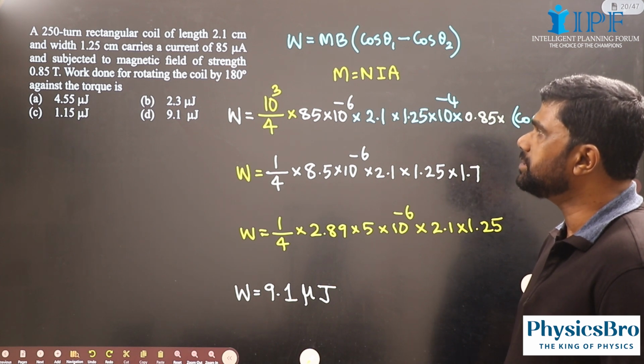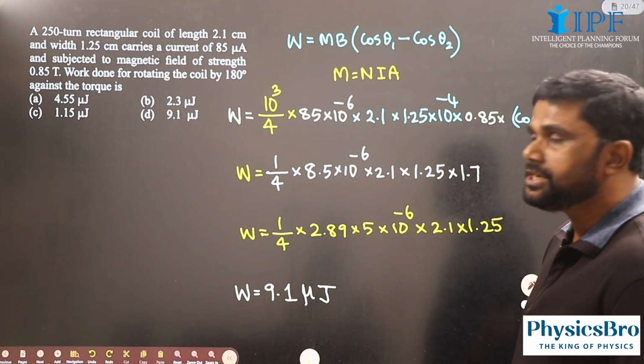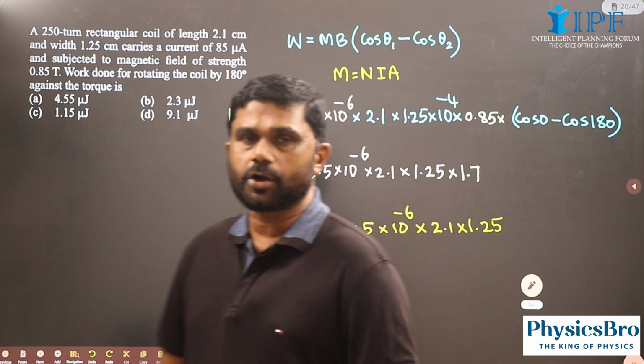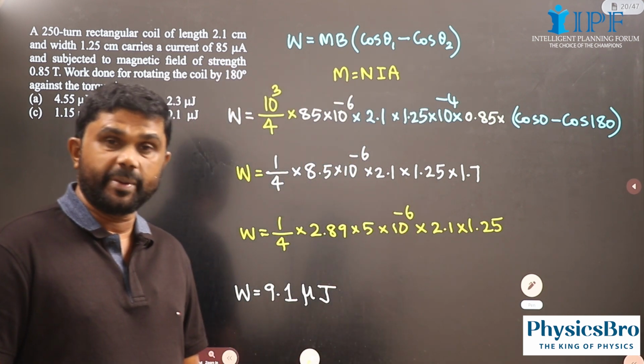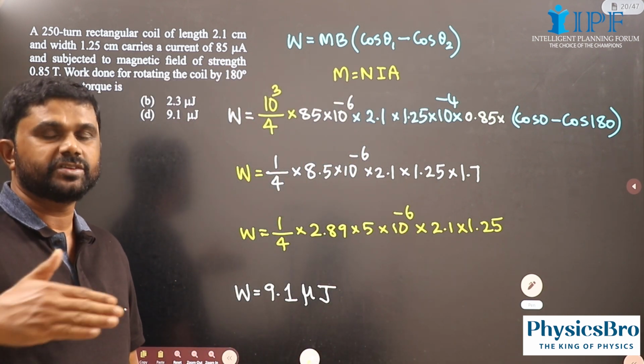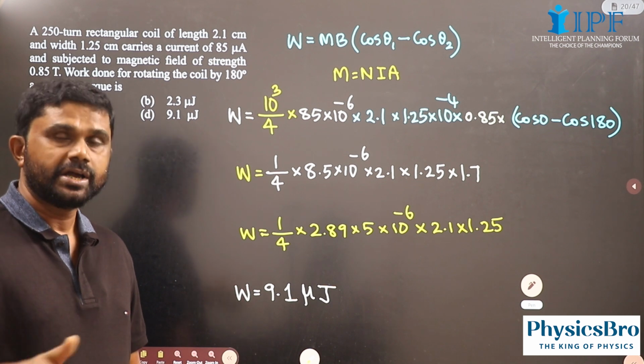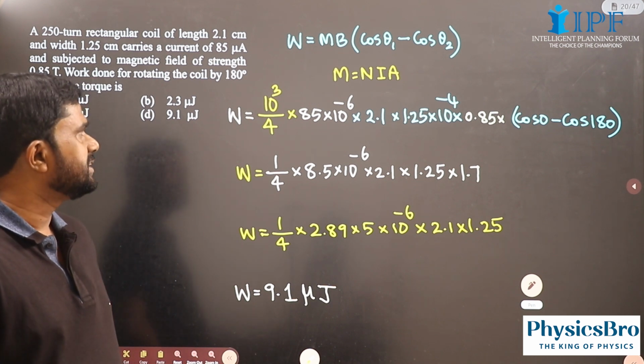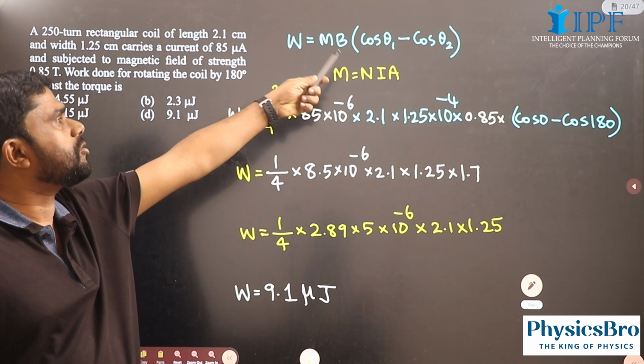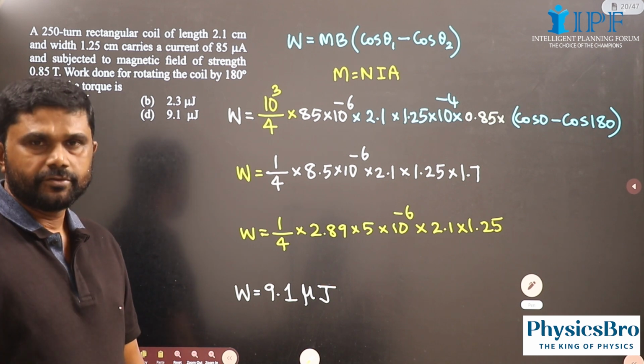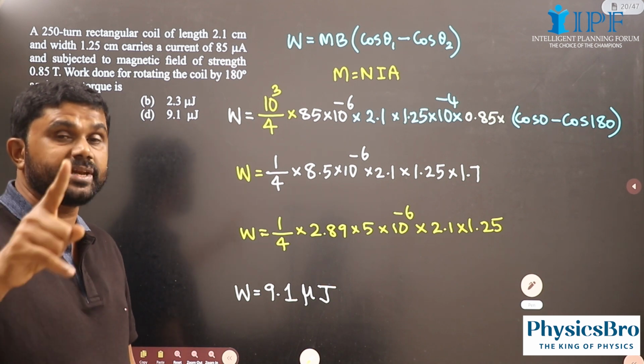Work done for rotating the coil by 180 degrees. Initially, the angle made by the coil's dipole moment, the normal to the coil, with the direction of the magnetic field is 0, and finally it is 180. See, the work done is MB (cos theta 1 minus cos theta 2), where capital M, the dipole moment, is